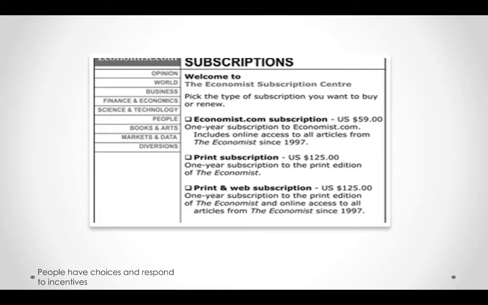Now, pause for a second. This is not a mistake. You are seeing exactly what is, and you're probably wondering, well, that's kind of dumb. Obviously, the choice is obvious. Who in their right mind would buy the middle choice, print subscription for $125, when you can actually buy print and web for the same amount of money? So it's not a mistake. It's a very clever nudge, if you will. It's a very clever framing from the behavioral point of view from the people at The Economist. All right, so let's see what this gives us.